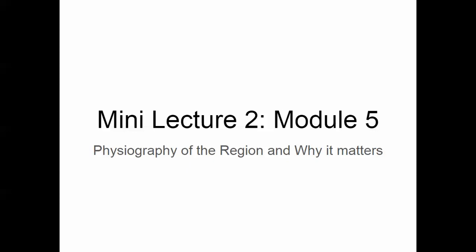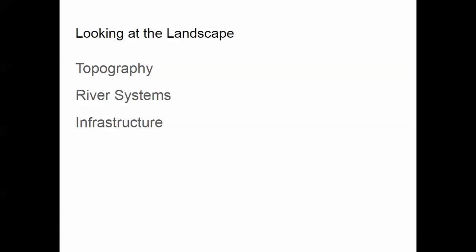So let's begin. First of all, what I want to talk a little bit about is this idea that the topography of a region strongly influences its development. Now, that doesn't mean that it is an absolute determinant of it. In other words, we can't simply say that because of the physical environment, the culture, the people, the politics go a certain way. But it is something that has to be dealt with. And so we're going to look at it in terms of the topography, the river systems, then we're going to look at infrastructure. That is the human response to it.